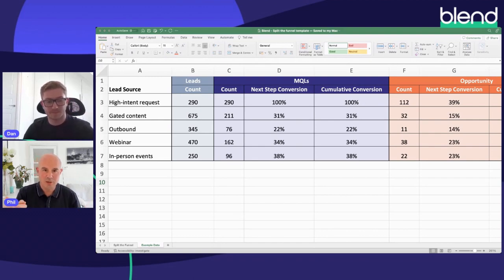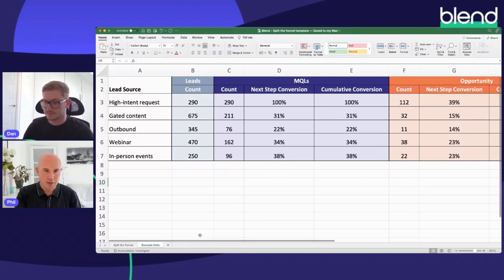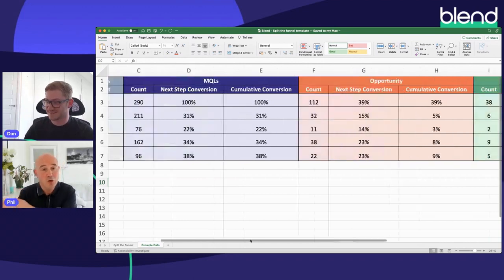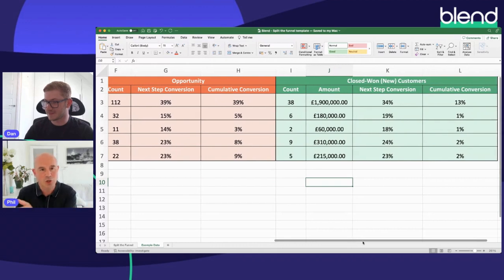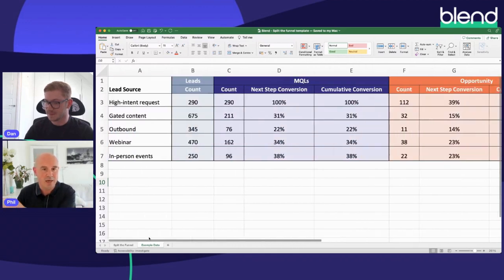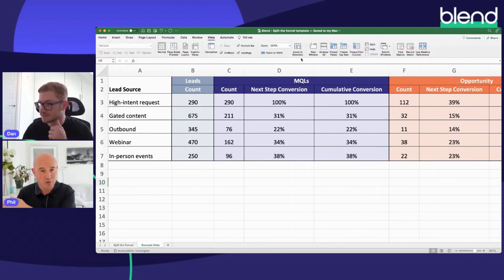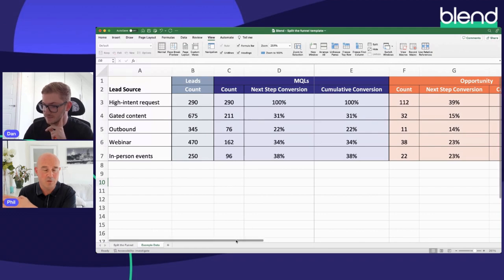What's interesting is that this data, whilst symbolic, and not unrepresentative, is actually pretty generous in terms of the cumulative conversion rate from content lead to customer. We see and hear about businesses, some of whom operate on very large lead volumes, dealing with far lower conversion rates from that type of lead.